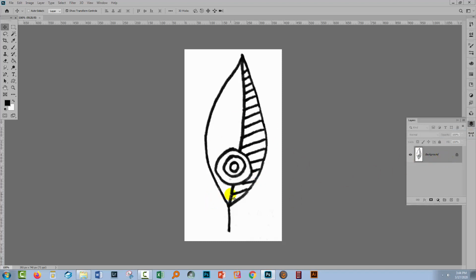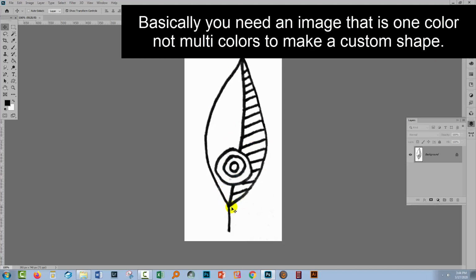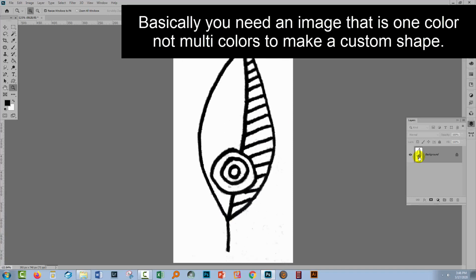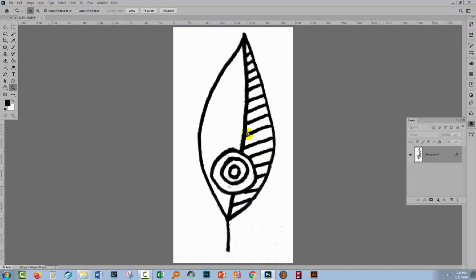And this is going to be a vector shape, so it will scale to whatever size that you like. So you need a black and white image for this. You're going to start with a black and white image because that's what you need to create a custom shape. Next up, we're going to blur this with a Gaussian blur,